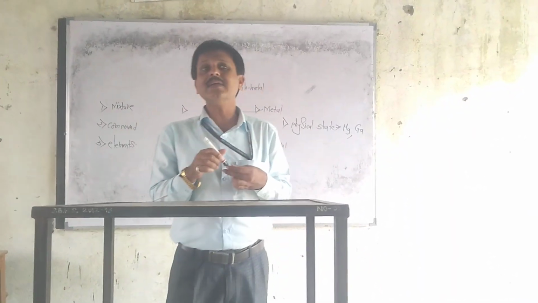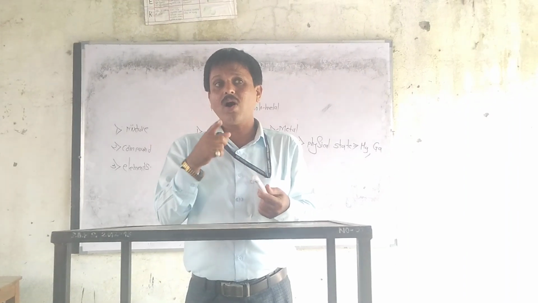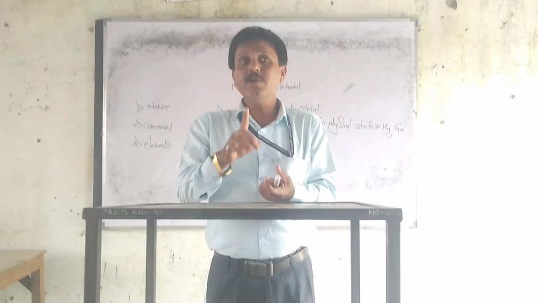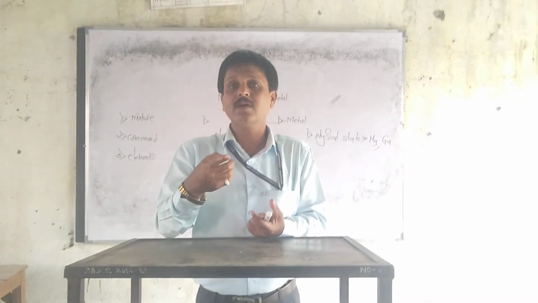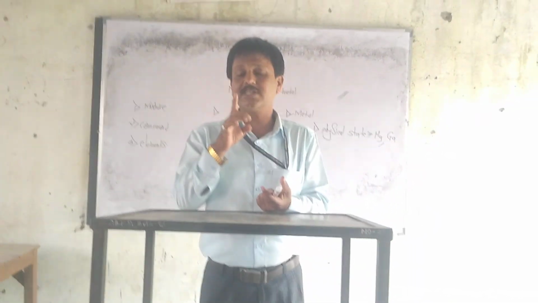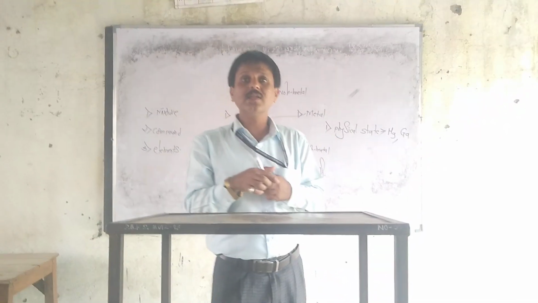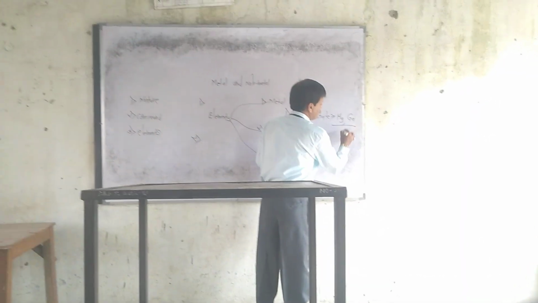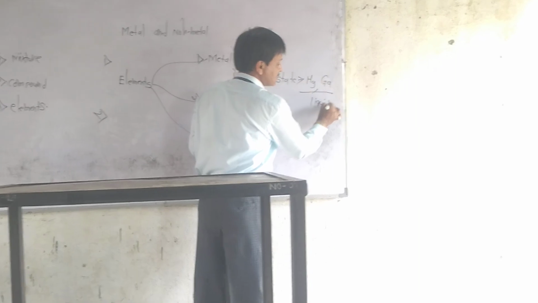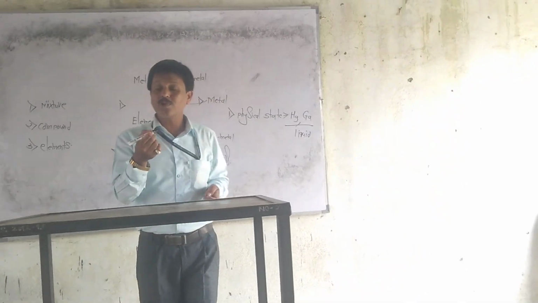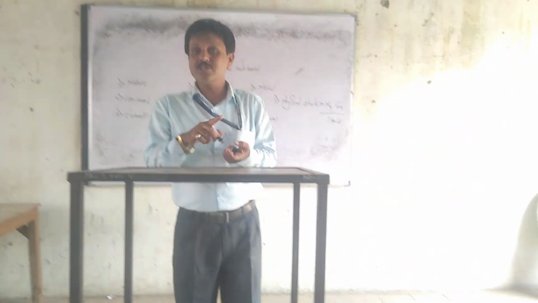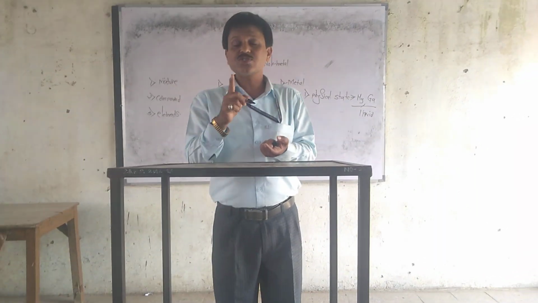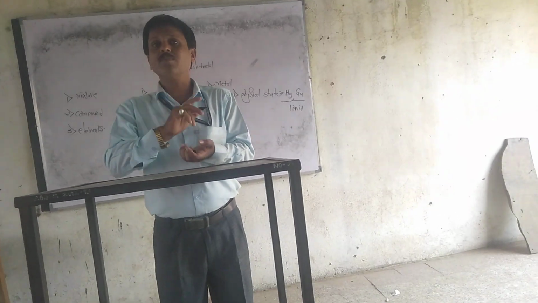That's why we are not allowed to say all elements are metals. When an element is in solid form, it is known as a metal. The exception is mercury, which occurs in the liquid phase. It belongs to metals but does not occur in solid form. Instead of solid, it occurs in liquid form. That's the physical state.